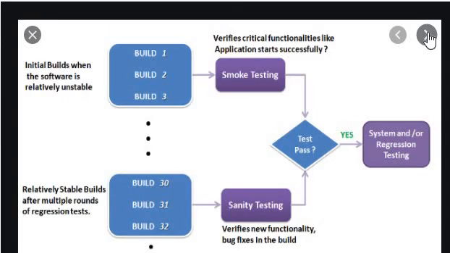Now, points to be noted. Both sanity and smoke testing are used to avoid wasting time and effort by quickly determining whether an application is too flawed to merit any rigorous testing. Smoke testing is also called tester acceptance testing. Smoke testing performed on a particular build is also known as a build verification test. One of the best industry practices is to conduct a daily build and smoke testing in a software project.